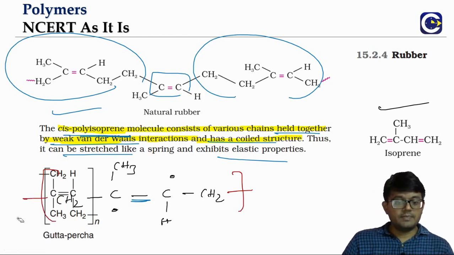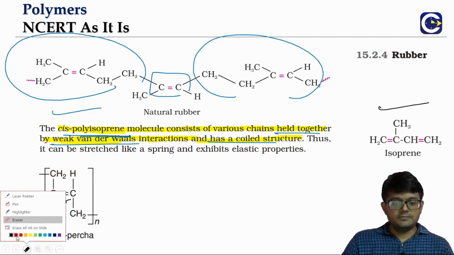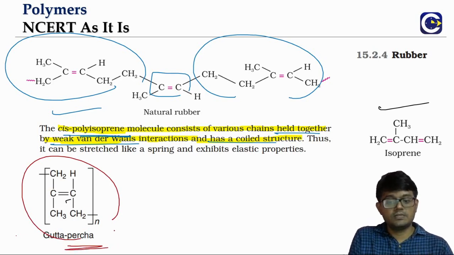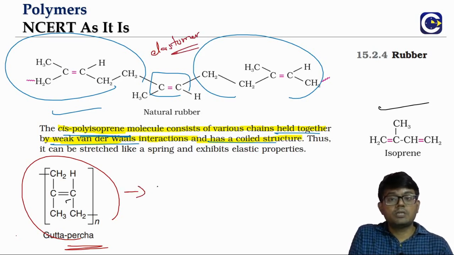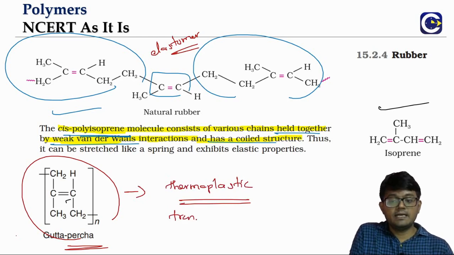Okay. The other form of rubber that we can obtain, which is also naturally occurring, is called trans polyisoprene. It is obtained from gutta percha. Even this question has come in some of the previous years. Gutta percha is trans. Cis polyisoprene is an elastomer, but the trans form that is obtained from gutta percha is a thermoplastic because of the trans nature.